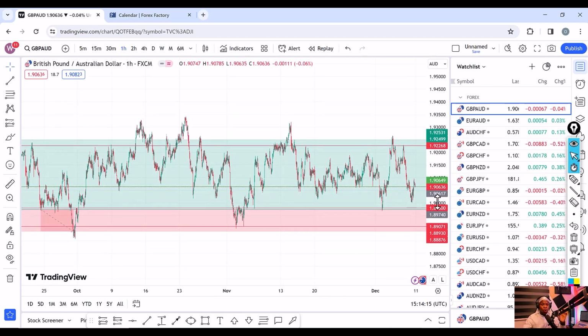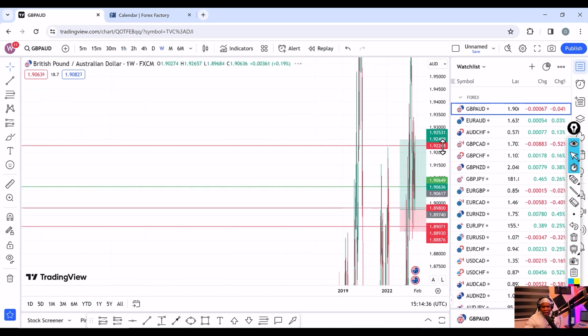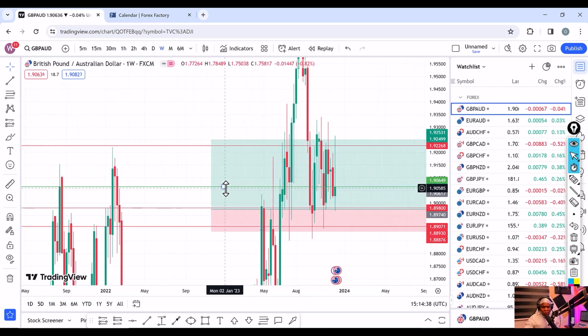What I like to do is to do a top-down analysis. I go from the weekly time frame to the daily to the 4-hour. Not usually the 1 hour, but for entry purpose, I use the 1 hour. Okay, and I will show you the thought process. So from the weekly time frame,